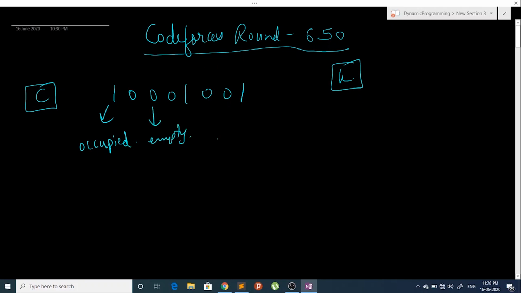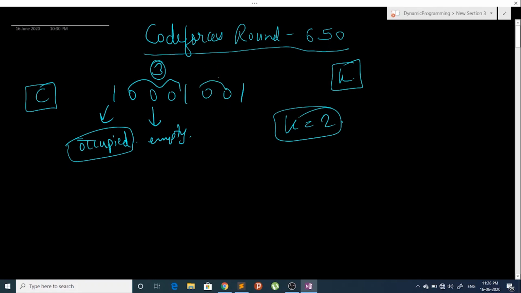Now there is a rule of this restaurant that the distance between any two occupied positions should be at least k. For example, if k was 2, here the distance is 3 and here the distance is 2. So this is a valid sitting.